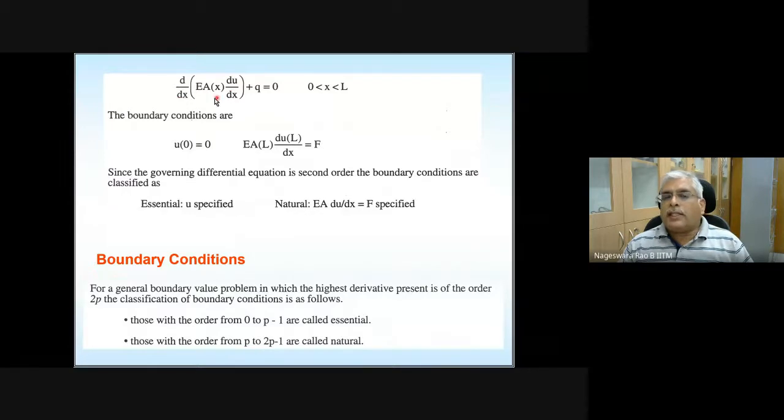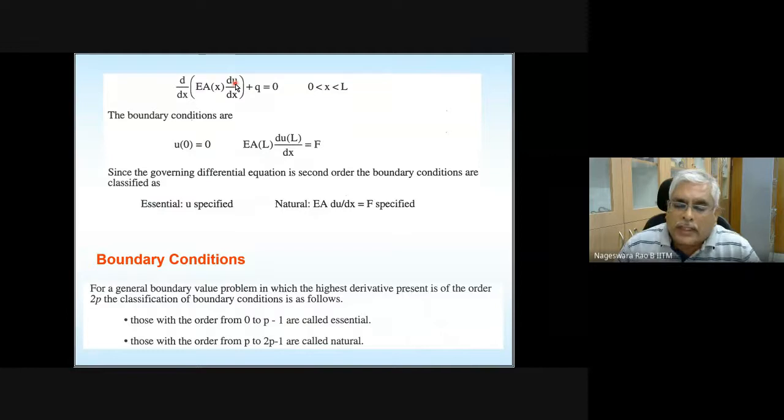And you see this equation. This equation is a second order differential equation. You already have the first derivative of displacement here. Over that you are taking another derivative. So it is a second order differential equation. A second order differential equation requires two boundary conditions, or two conditions, to solve that particular differential equation. For the unknown, what is unknown here? The unknown is nothing but your displacement.